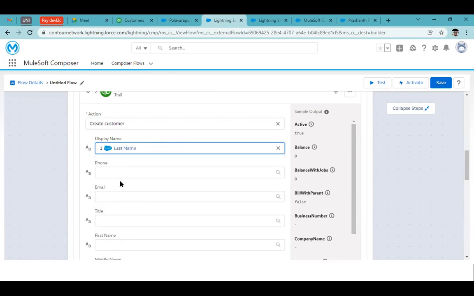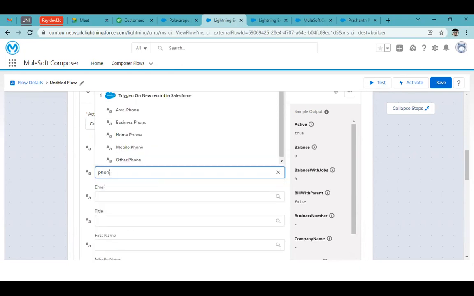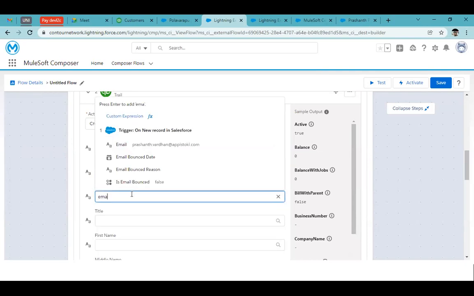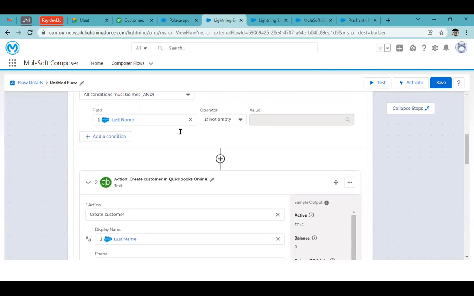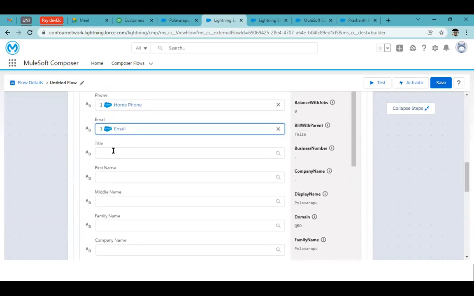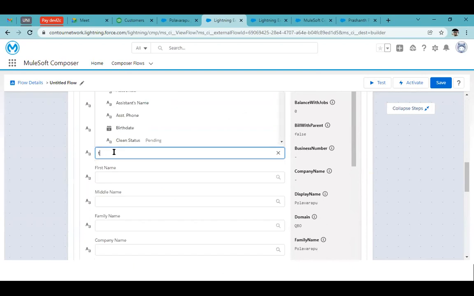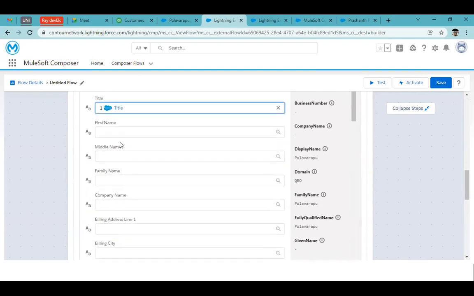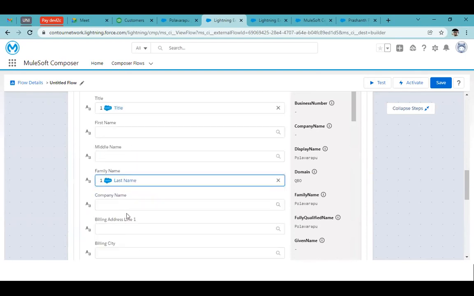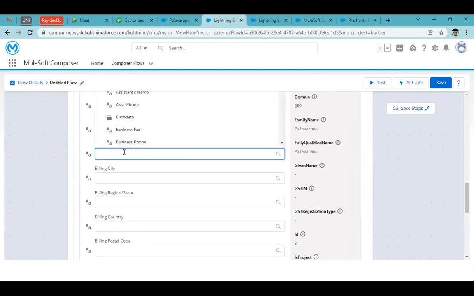I'm just choosing it. Okay, phone, I can also choose the phone over here. It might be a home phone or an email also. I can just say email, because I'm querying the entire set of fields over here, so that's why I'm able to map all the fields. You can say title, whatnot. So I'll quickly fill all this information. Family name, I'll put last name. Company name, billing address. So I'll say street, because we have street,